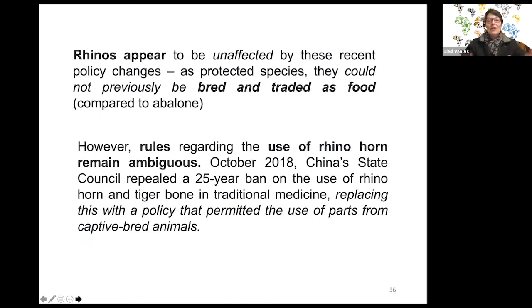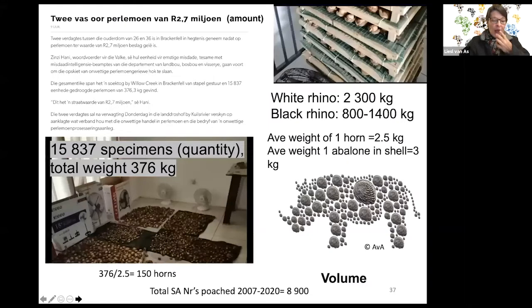This means that regardless of the changes that took place, the rhinos were excluded because we don't breed rhinos for food. Do keep in mind, we do farm with abalone because they are eaten. So it's a little bit of a different story between the rhinos and the abalone. All the rules and regulations are still in place when it comes to traditional medicine. So it means elephant bone, tiger bone, penguin scales, everything is actually still on the table to be used. Now, this brings me back to